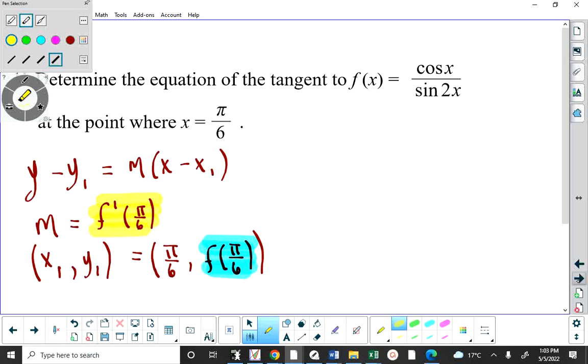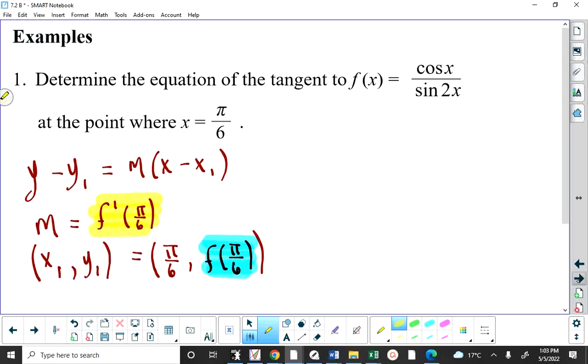What I'm highlighting in yellow is the value of the derivative of the function when x is pi over 6. That gives you the slope. What I've highlighted in blue is the value of the function when x is pi over 6. That gives you y. So let's find the y-coordinate first, then we can do the calculus. The y-coordinate will be f of pi over 6,